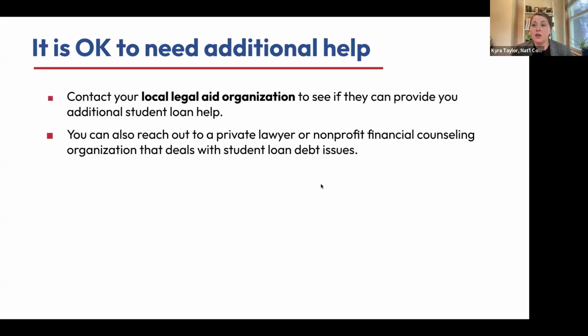So this is all to say you're okay right now, but you need to watch your email and your mail very carefully to make sure that you're up to speed on when that SAVE forbearance ends. And we're going to be discussing what's going on with the repayment system and what's going to be changing with the income-driven repayments at our October webinar. So if you have specific questions about that or about how to manage repayment going forward with all these changes, please come to that webinar or watch that webinar after the fact, because there are a lot of changes coming.